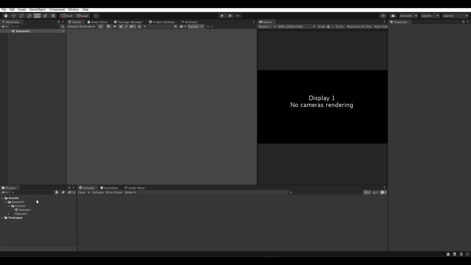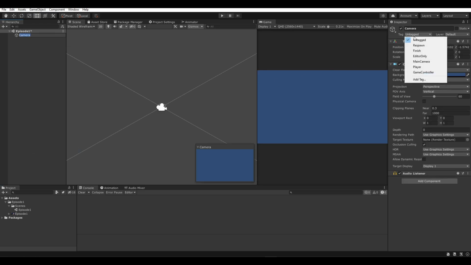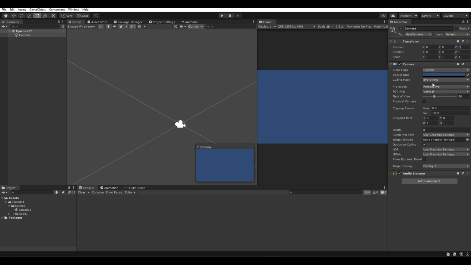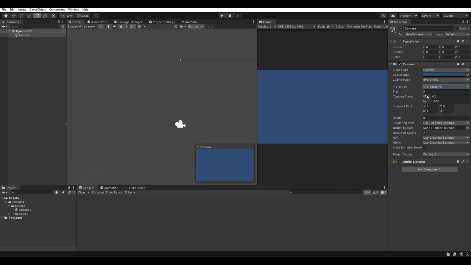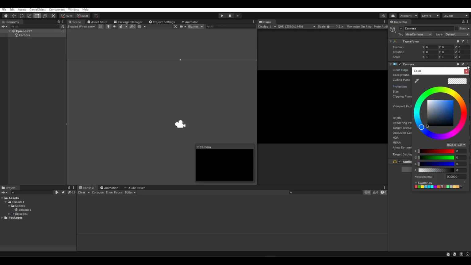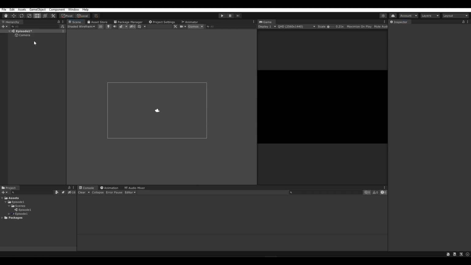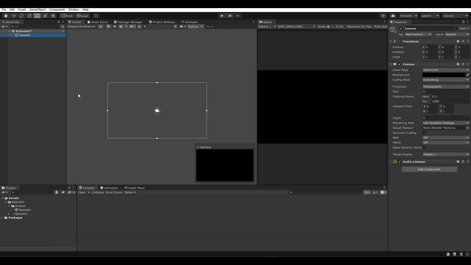So we have the scene. I called it episode 1. Let's start by creating a camera. So we have a camera. Let's make it main camera and keep it called camera 000 and make sure it's orthographic. I don't like the skybox, so I just make it solid color and black, and remove the HDR. I do this to reduce as much visual impact on the GPU,